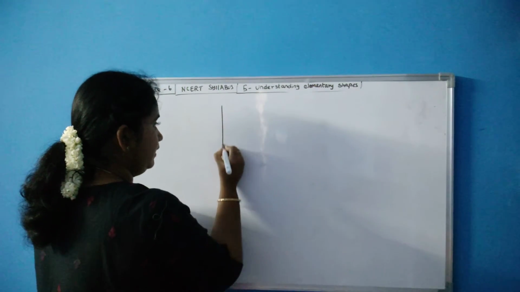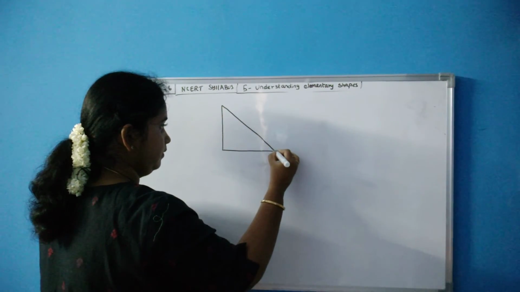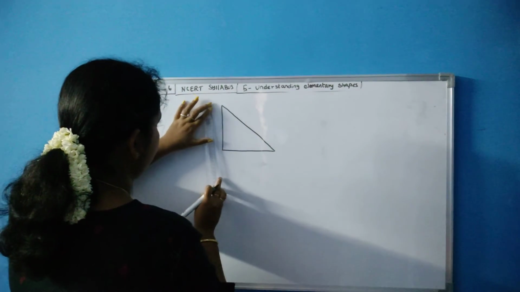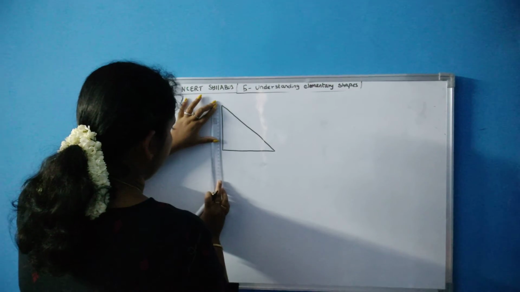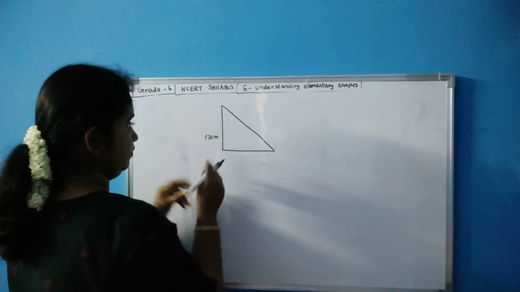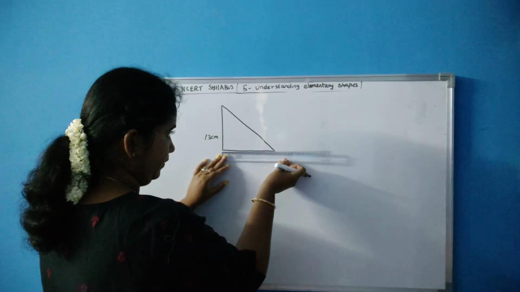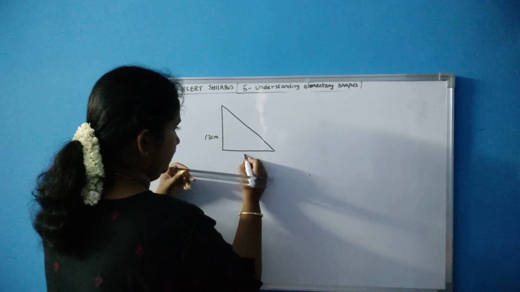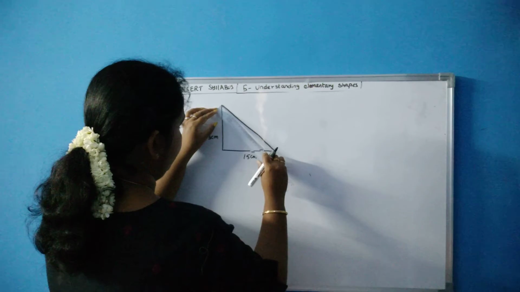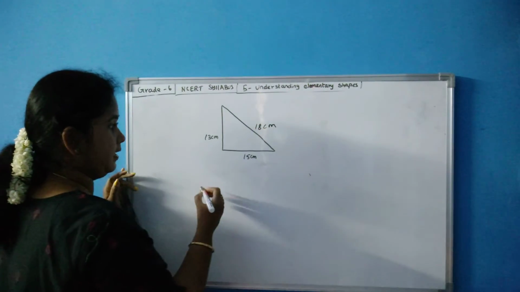I am drawing only one triangle first. So if you measure, I will round it off to 13 centimeter this side. Okay. Whole number value. If a point value comes, I will round it off to the whole number value. This side it is approximately 15 centimeter. Then here 18 centimeter. Now what they asked, sum of any two sides.